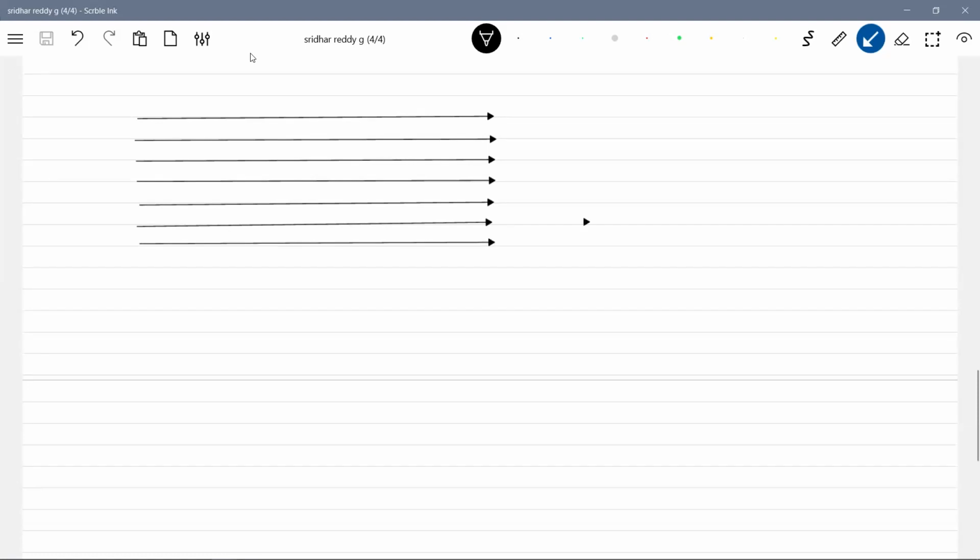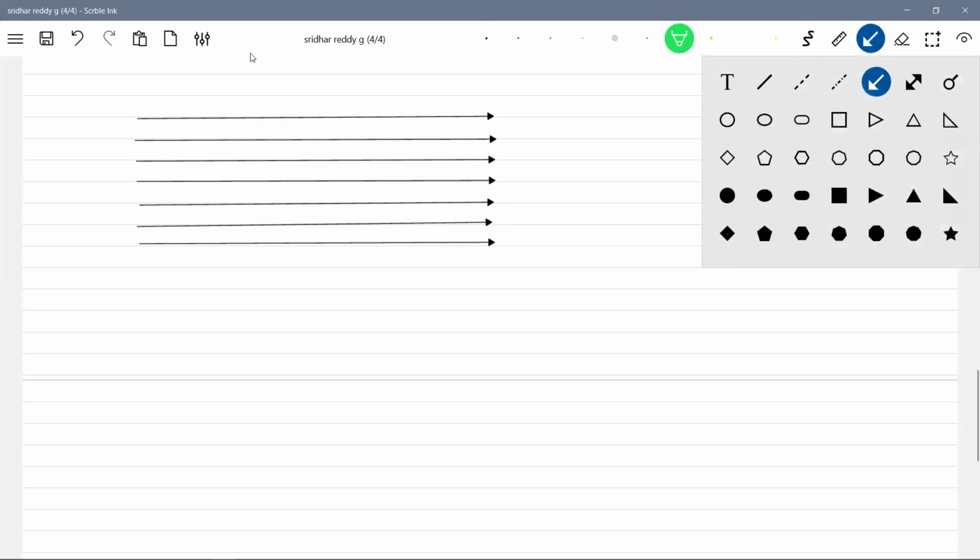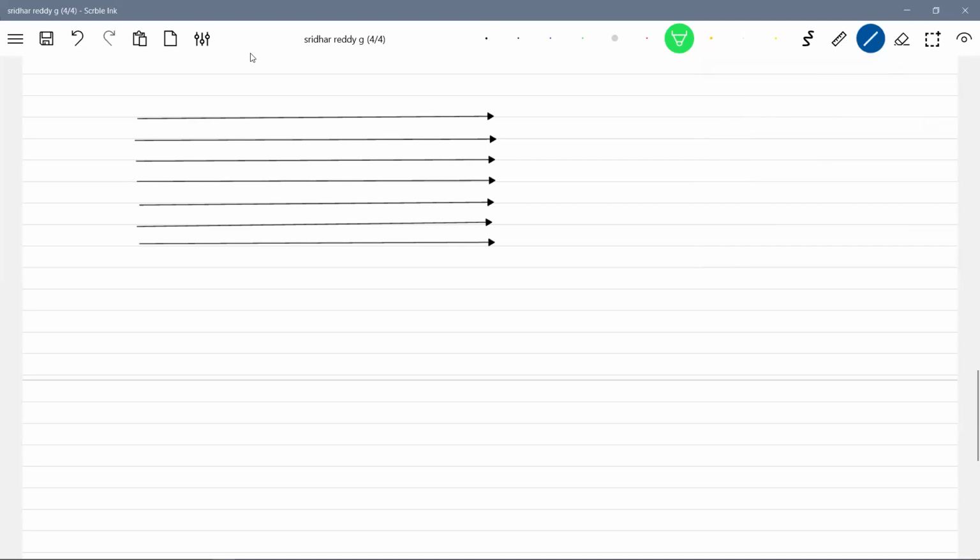See, till now, with all we know in electrostatics, can we find the electrostatic field due to a charged conducting plate? No, not possible. So we don't have anything about conductors. Through Gauss law, it will become very easy. Okay, let me go for a cylinder now. I'll bring a cylinder.